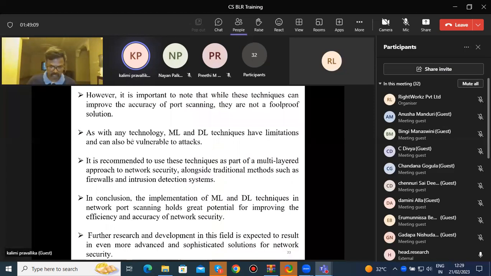However, while these techniques can improve the accuracy of code scanning, they are not a foolproof solution. As many technologies have limitations, they are vulnerable to attack. It is recommended to use these techniques as part of a multi-layer approach to network security alongside traditional methods such as firewall and intrusion detection. In conclusion, the implementation of ML and deep learning techniques enables planning for increasing efficiency and accuracy. Further research and development is expected to result in even more advanced